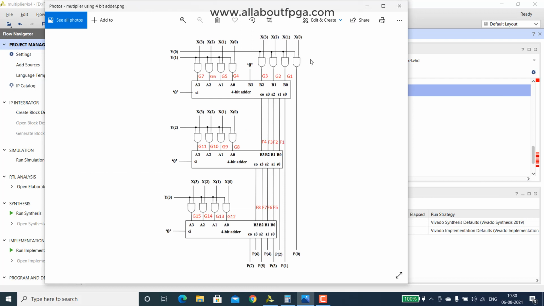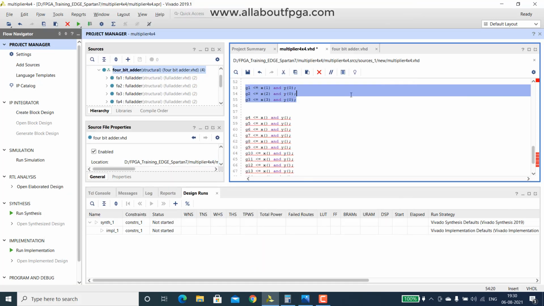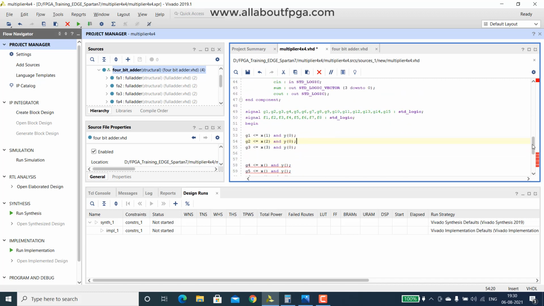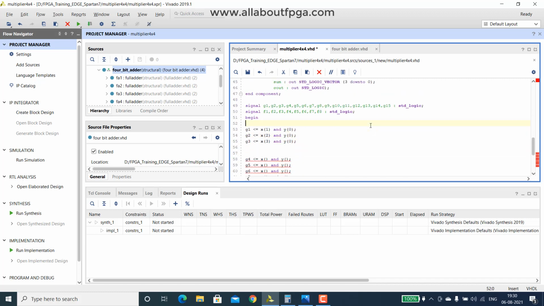Here is another gate, that is simply X of 0 and Y of 0 given to P of 0. We can do it first because that is the first gate that produces the output. We can assign that here, P of 0 will be X of 0 and Y of 0. That's all, the first product term.